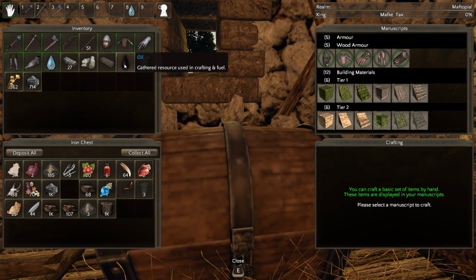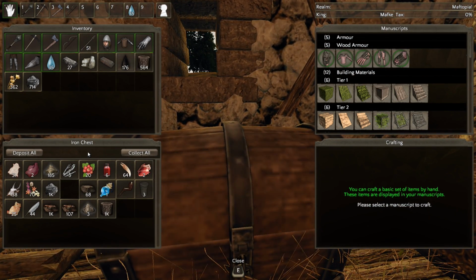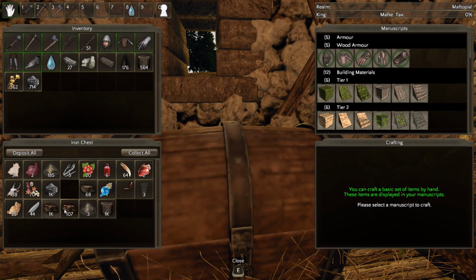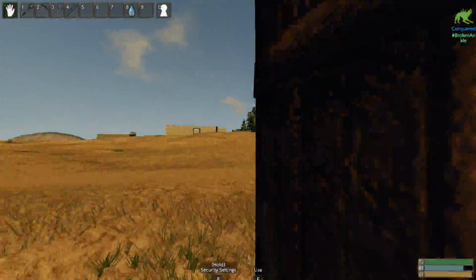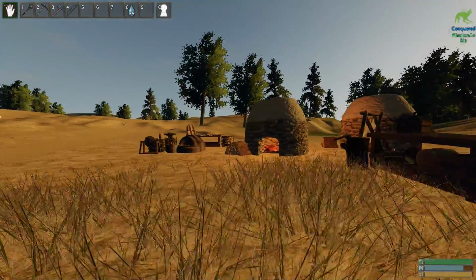Okay, so you see the oil again. It doesn't have a number, but now it does. So it's all a bit weird. So let's pick up 100 iron for what we have. Just to show you, that's enough. Okay, so